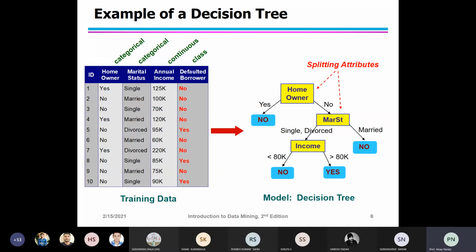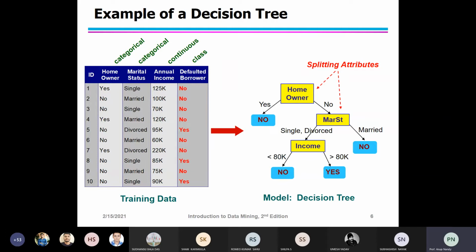So, splitting criteria. In the decision tree, you have to grow the model, and the growing of the decision tree will be done based on splitting the attributes or splitting the node. So on what condition can the node be split? That is where you will have to apply different techniques. The non-terminal nodes, which include the root node and other internal nodes, will contain an attribute test condition in order to separate the records that have different characteristics.